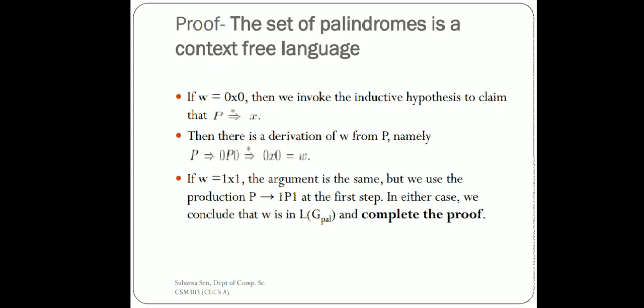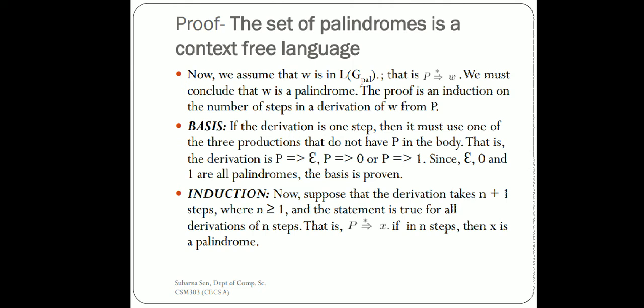Fine, because we can derive the grammar of those strings that are palindromes. We can derive the grammar, so it is a context-free language. Now if we see the same case with respect to the production rules, how to do that? So the basis production rules will be what? Instead of assuming the length of the string, we are assuming the basis production rules. It can have three basis production rules: P can derive epsilon, P can derive 0, or P can derive 1.